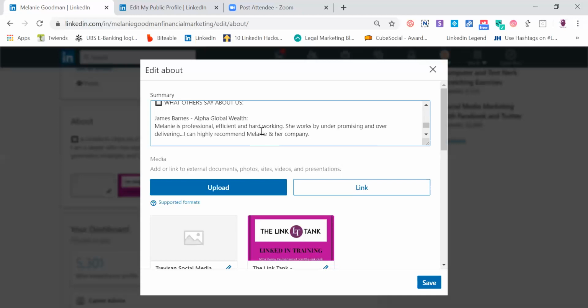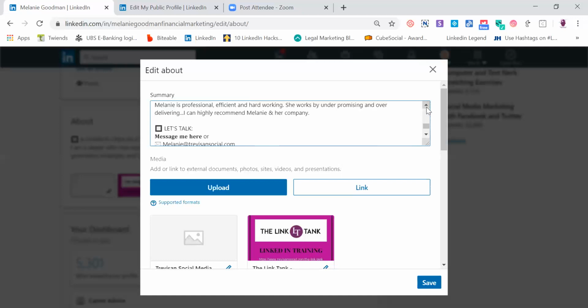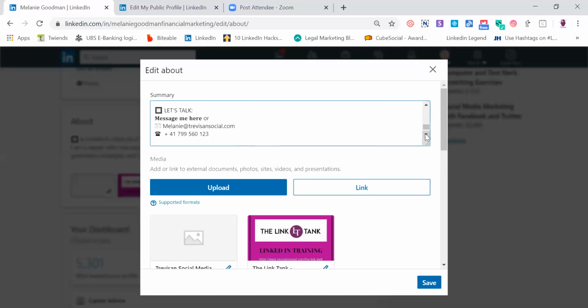And of course, drum roll, here we go, it's the big call to action. And this is so important, and it's the bit that people often leave out. On loads and loads of the profiles I see, they just stop. They might put in their key skills and then they stop. But actually, now I know that there's already a contact info section, but A, people sometimes miss it. B, sometimes people don't fill it out properly. So as they're reading your profile, they won't have to press anything, they will automatically stumble down to